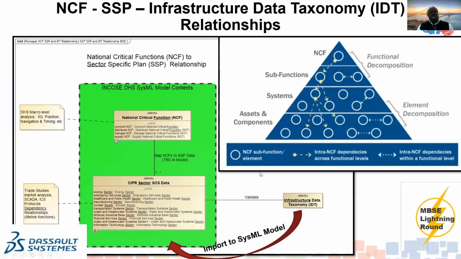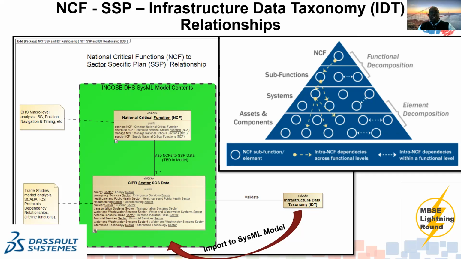This just shows that there is a one-to-many relationship between each function and the SSP data in almost all cases. There are a few exceptions. And obviously outside the model, as you see here, the infrastructure data taxonomy, which I will show you a glimpse of later on, can help us validate that SSP data. It's very, very rich, even deeper, and it mirrors this NCF taxonomy here, where you have segments, subsegments, and assets at the very bottom with very detailed descriptions in the IDT, which is perfect for validating our data